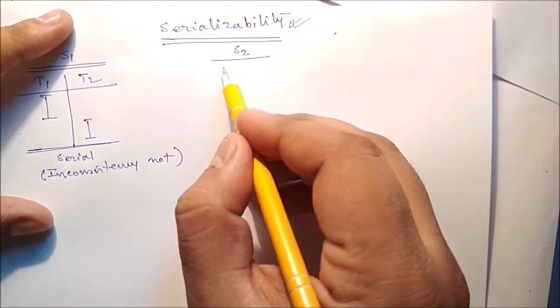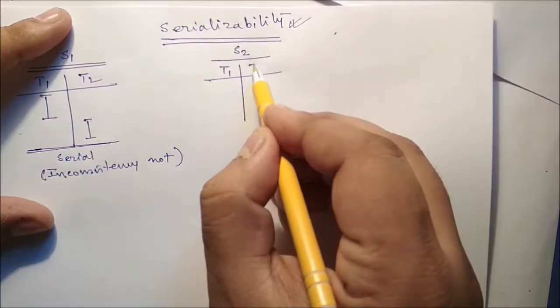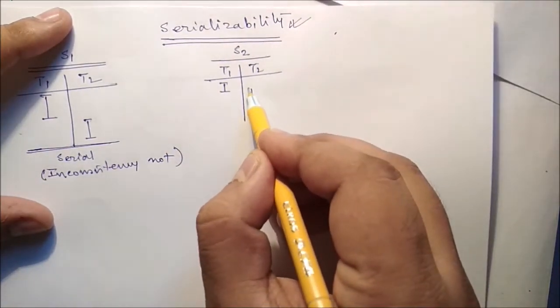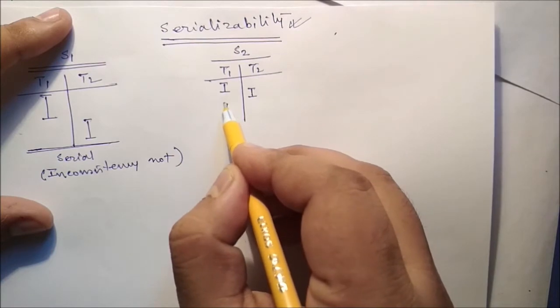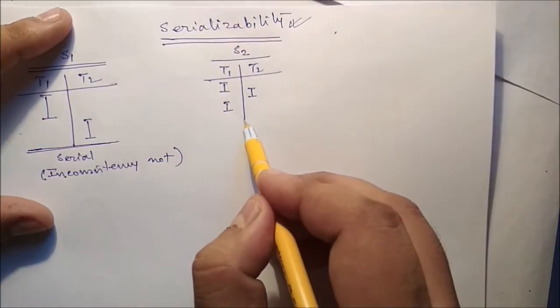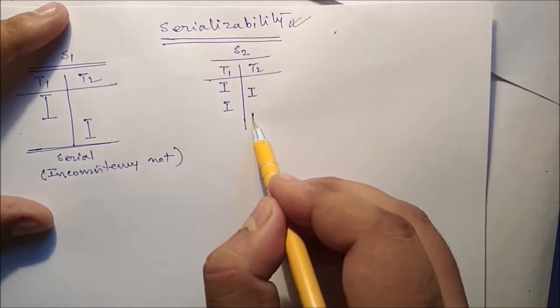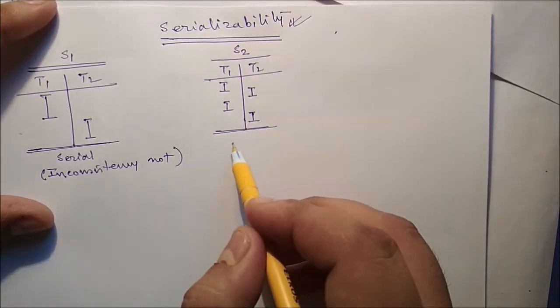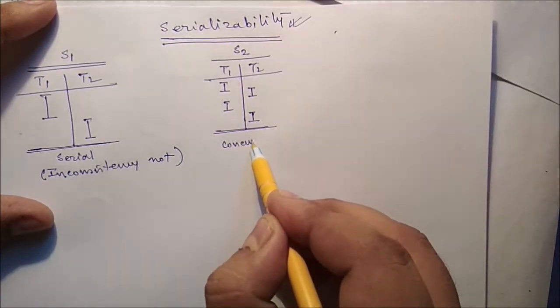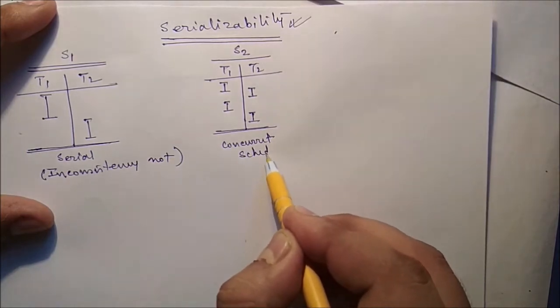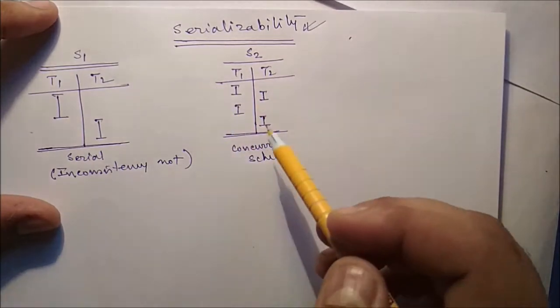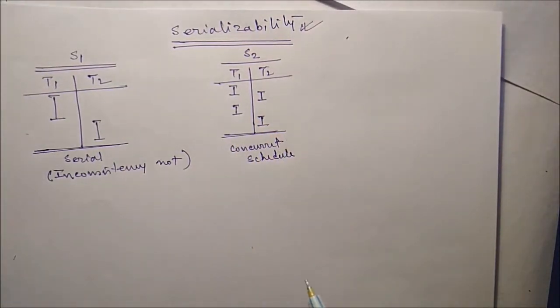Now for a concurrent schedule, let two transactions T1 and T2 be there. We execute a small portion of T1 first, then a small portion of T2, then switch back by applying a context switch, execute the final portion of T1 and then the final portion of T2. That means we use context switch here, and it is called a concurrent schedule. And we have just seen the problems of concurrent schedules: the dirty read problem, the phantom read problem, and the non-repeatable read problem. These are the problems we may face.